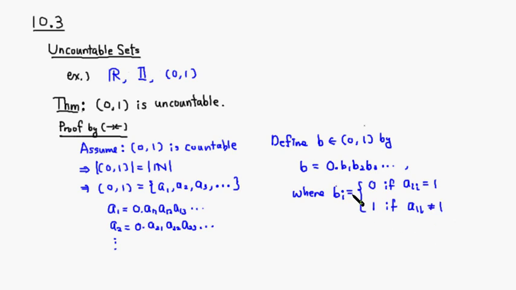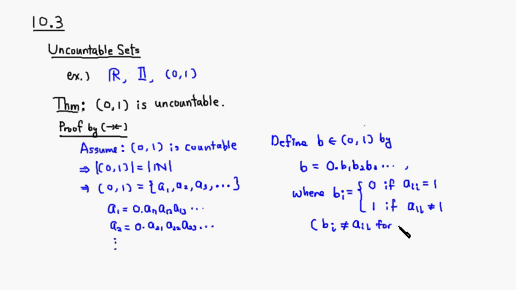All I'm doing is setting bi so that it's different from aii. If aii is 1, put 0. If aii is not equal to 1, put 1. So note that bi is always different from aii